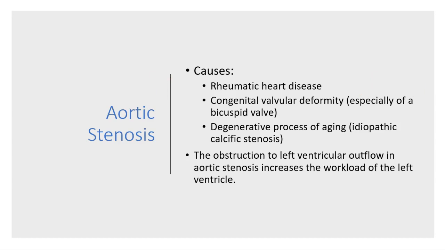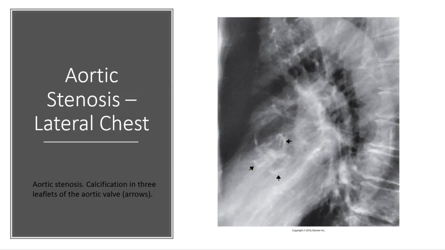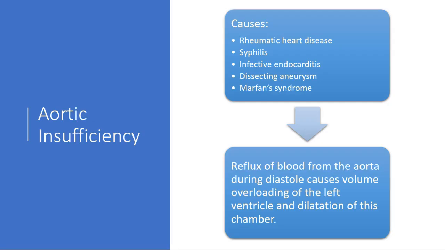Aortic stenosis can be caused by rheumatic fever, congenital valvular deformity, especially the bicuspid valve, or the degenerative process of aging. It causes obstruction to the left ventricle outflow and increases the workload of the left ventricle. So you can see here coming around and down. You can see the three markings right there. Calcified. So aortic insufficiency. It can be caused by rheumatic heart disease, syphilis, infective carditis, dissecting aneurysm, or Marfan